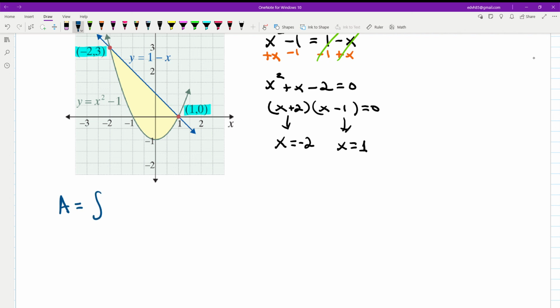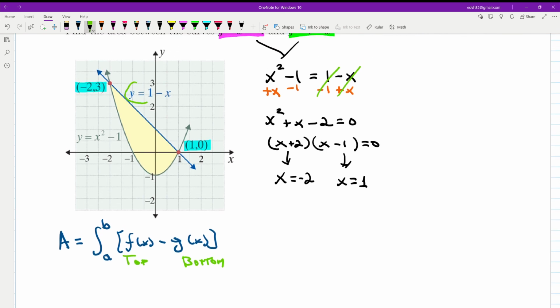Area equals the integral from a to b of f of x minus g of x, that is the top minus bottom. And let's figure out which one is which. Notice in this case, the line is top, and the parabola is the bottom. So for this reason, we're going to set the integral as follows. The integral from -2 to 1, top minus bottom, that is 1 minus x